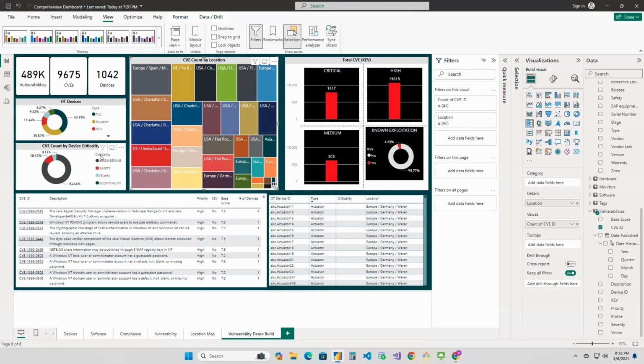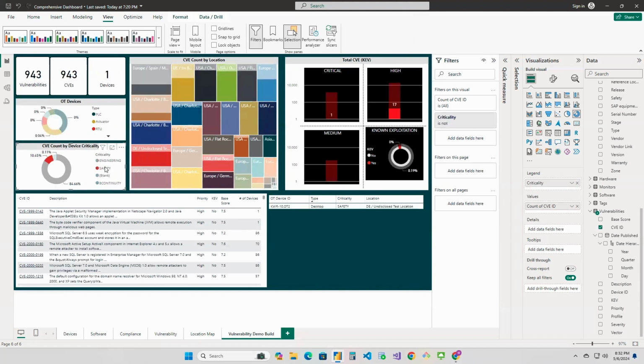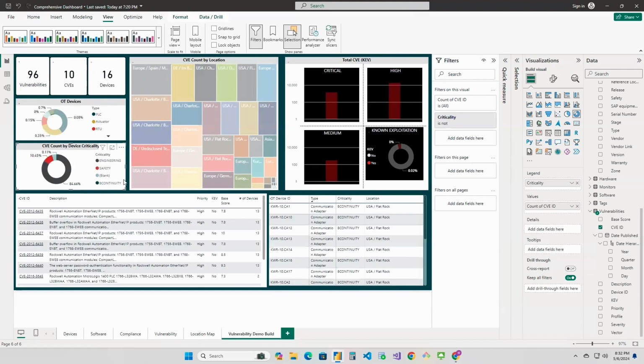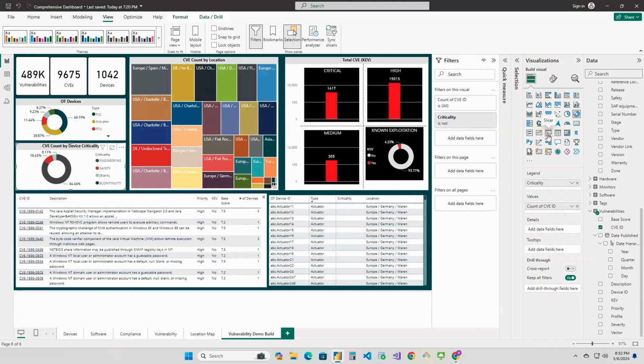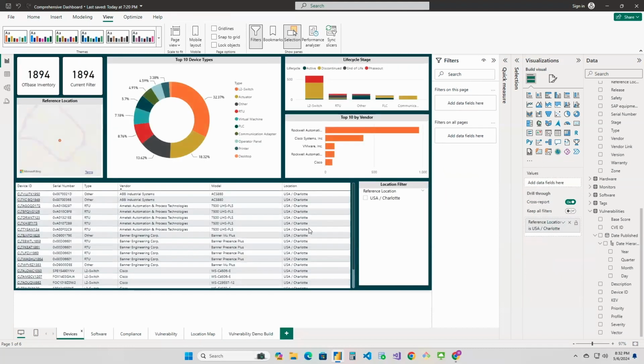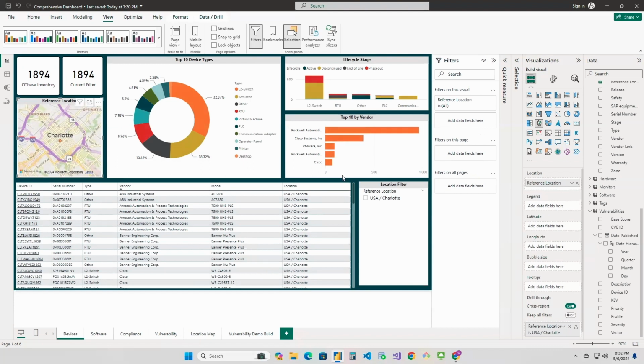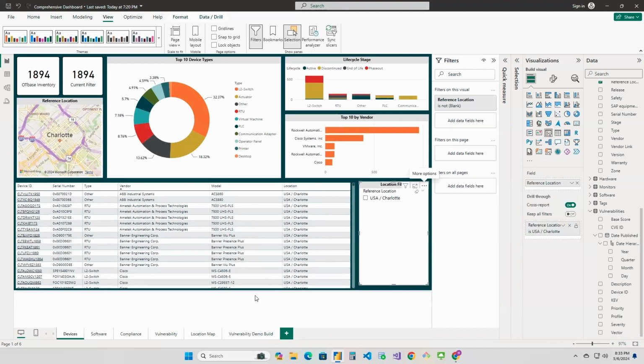So while this isn't a checkbox, it's great because it shows me device count, CVE count by criticality, but then within that I can filter down to a single criticality if I want. Now, a slicer like this does work well if you need to select multiple parameters, which you can see on our devices dashboard. I do have something like that in there where we have our reference location, Charlotte. Well, let's back out of Charlotte here. And you can see that over here when you have something like your compliance dashboard,